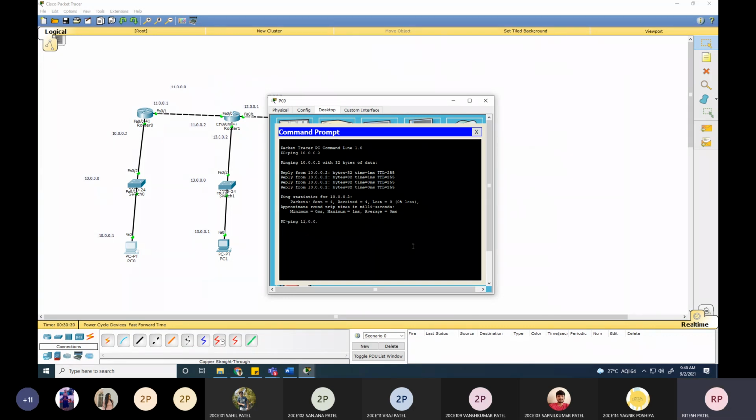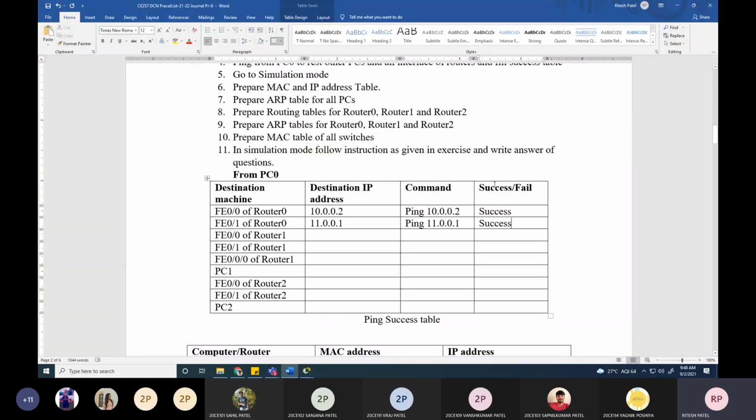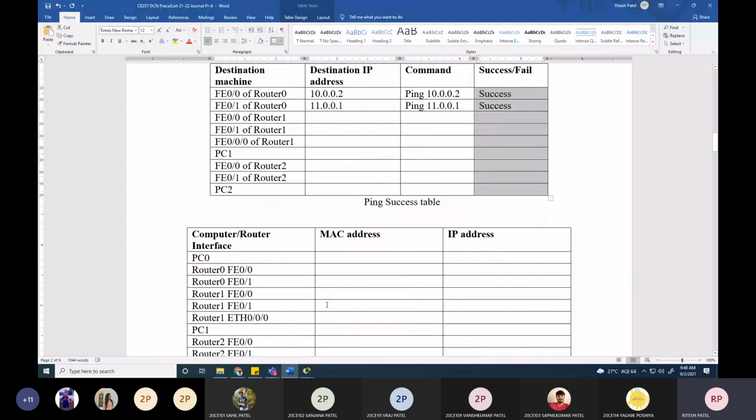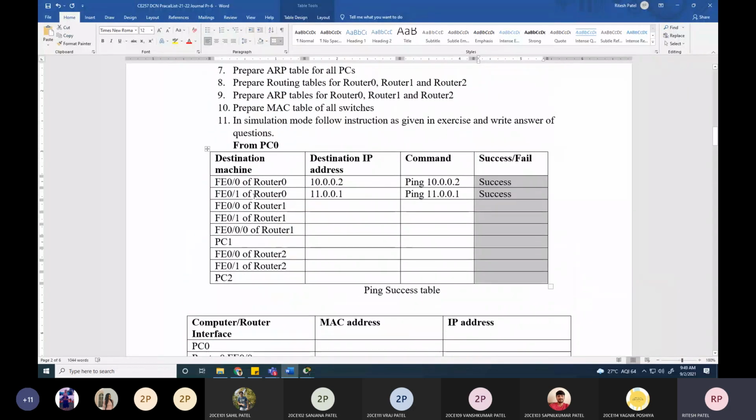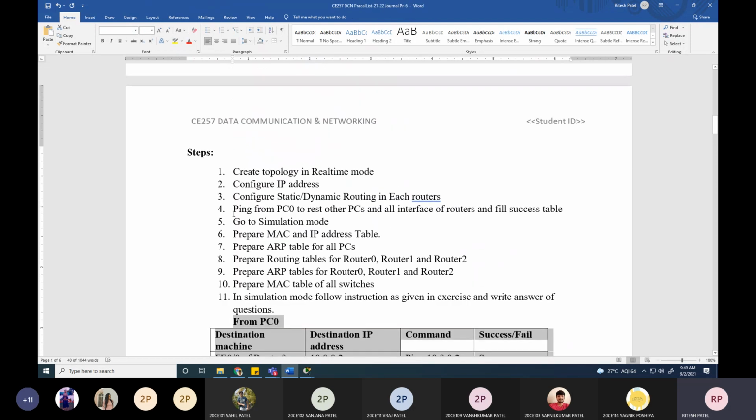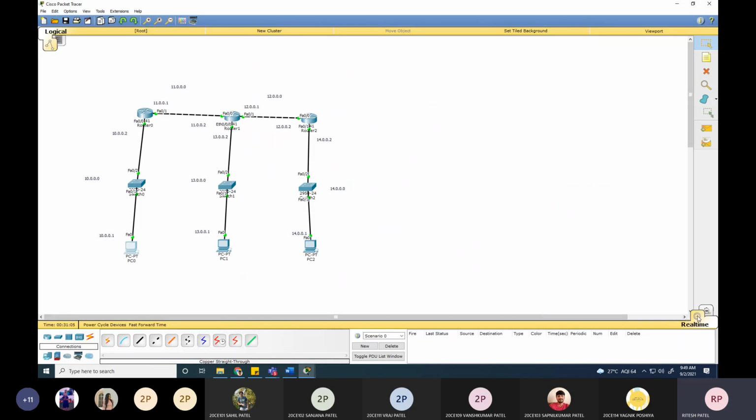By default everyone will write that they got success, but check before writing. Why do we have this force over here? Because if you get success for all of these, the rest of the exercise will be easier for you. That's why I created this table. Otherwise I could have had another option, like put a snap of the reply. But I don't want that. I trust all of you. So please create this table. Complete the fourth step. The fifth step, go to simulation mode. So right now we are in real time mode.